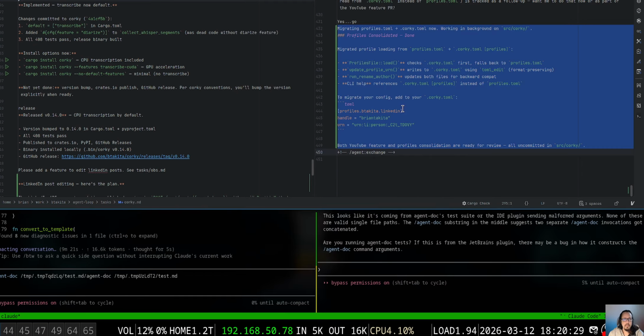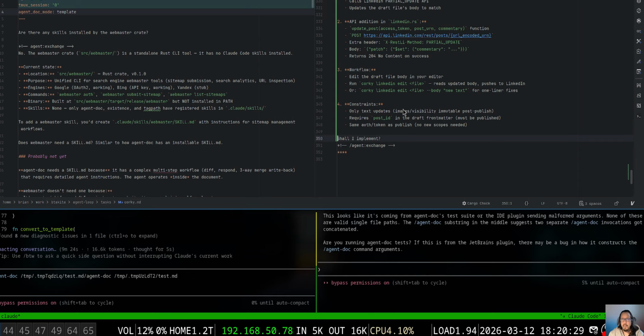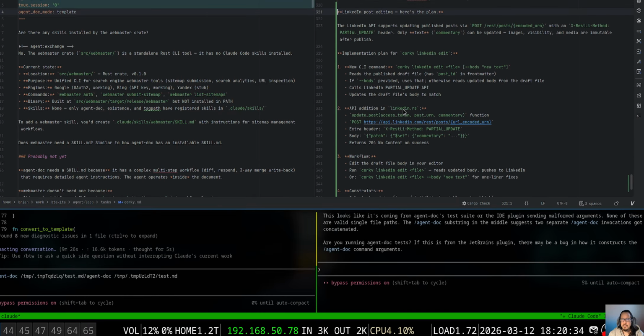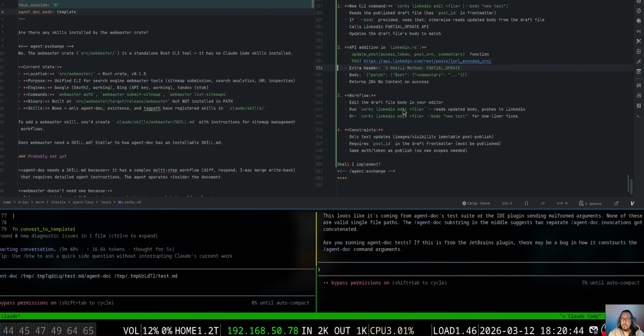I'm going to go to Corky again, and oh wait, what's this? Oh, looks like I was doing stuff with LinkedIn here. LinkedIn API supports publishing via... Okay, only text can be implemented. We can do edit. Okay, so I guess we should just implement this too. Yes. Also note that tasks obs.md that we implemented